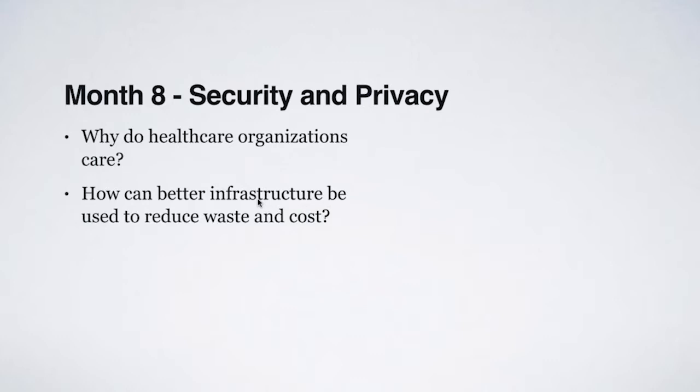In month number 8, now you really need to think about security and privacy, especially as you're selling this to organizations. You had to think about security and privacy day 1, but it's really about making sure that you can cogently tell your story about why it's important, because healthcare organizations are going to care. Everybody sees in the news stories of patient breaches, stories of ransomware, and especially if you're a vendor in this space,